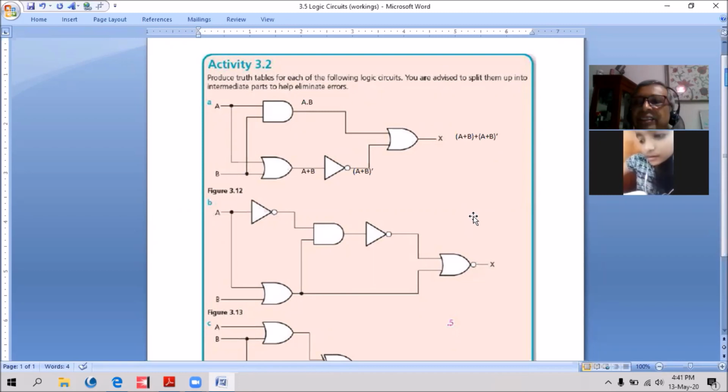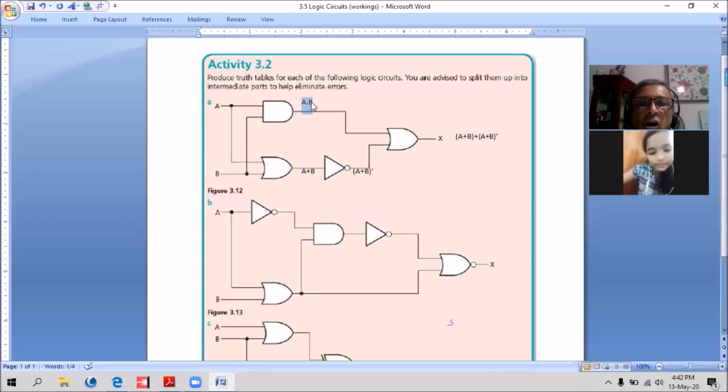Now what do I have as the third column? Either A plus B or A dot B. Better to take A dot B, since we are taking A first, going in ascending order.